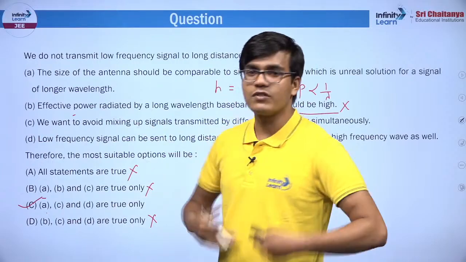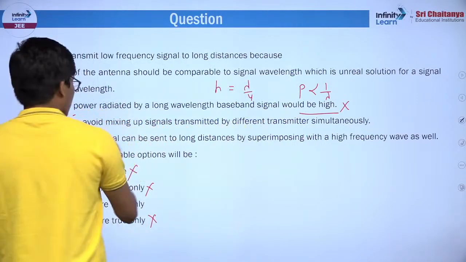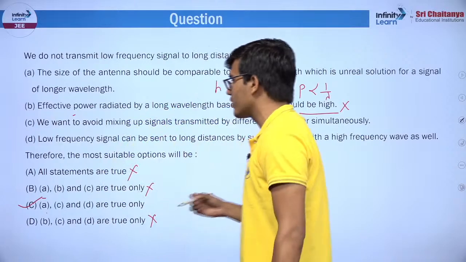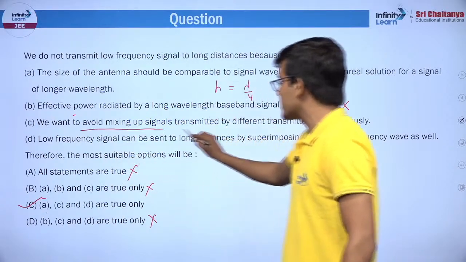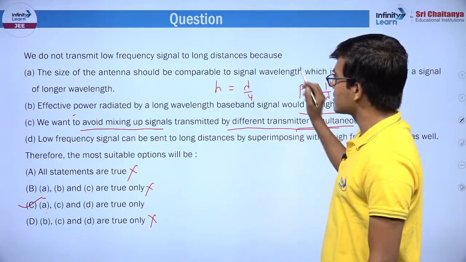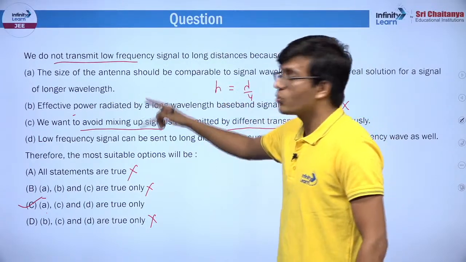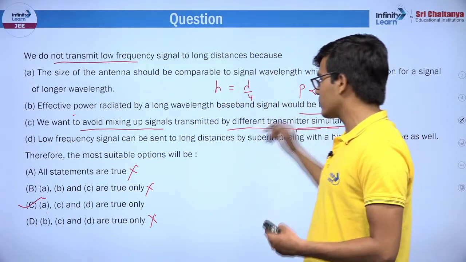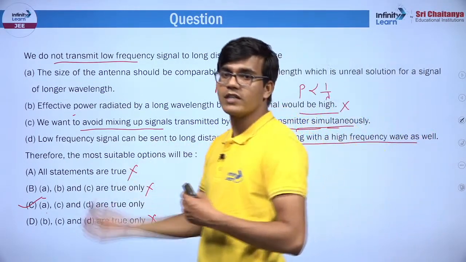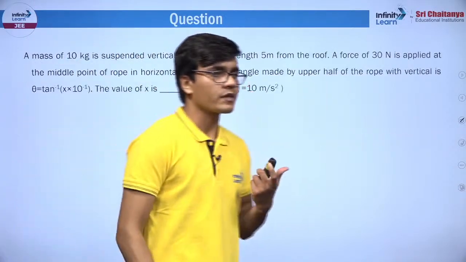तो बाकी दो में टाइम वेस्ट करना होगा यदि आप एग्जाम में कर रहे हैं, but हाँ अभी understanding के लिए जरूर समझ सकते हैं। ये दोनों स्टेटमेंट जो हैं C और D आपस में रिलेटेड है। Modulation of waves हम इसीलिए करते हैं. We want to avoid mixing up signals transmitted by different transmitters simultaneously, that is why we do not transmit low frequency. बिल्कुल सही बात है। अब इसी low को आपको आगे भेजना है, ज्यादा रेंज तक भेजना है, तो what you do is superimpose कर देते हैं high frequency के साथ, modulate कर देते हैं आप बेसिकली, है ना। तो C और D बिल्कुल सही ऑप्शंस हैं।